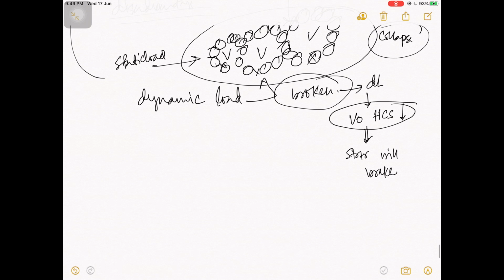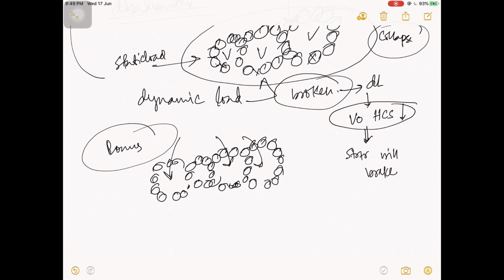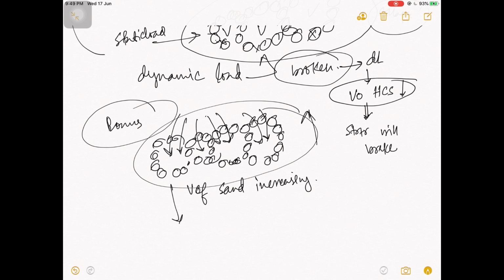Now I talk about some bonus tips. Soil such as sand has a honeycomb structure. That is why when you apply water for the first few times, the volume of sand increases, because water comes to this place and fills the voids and the total volume increases. But if you add water again, then this whole structure breaks down, water will